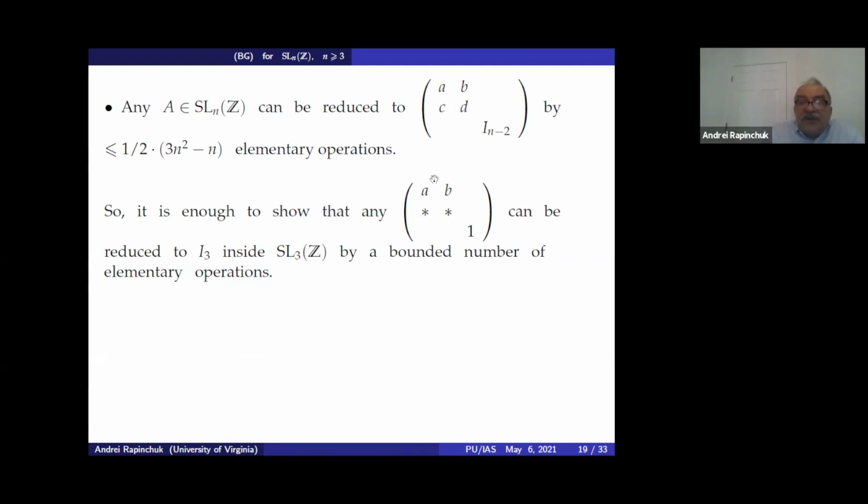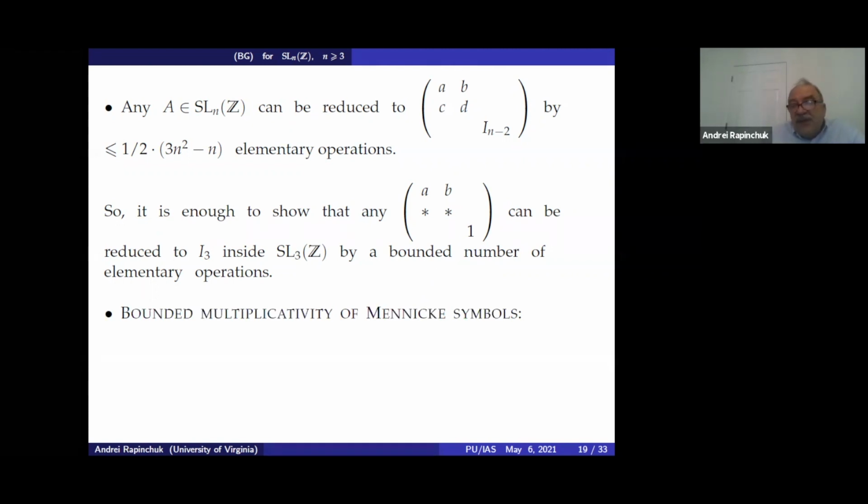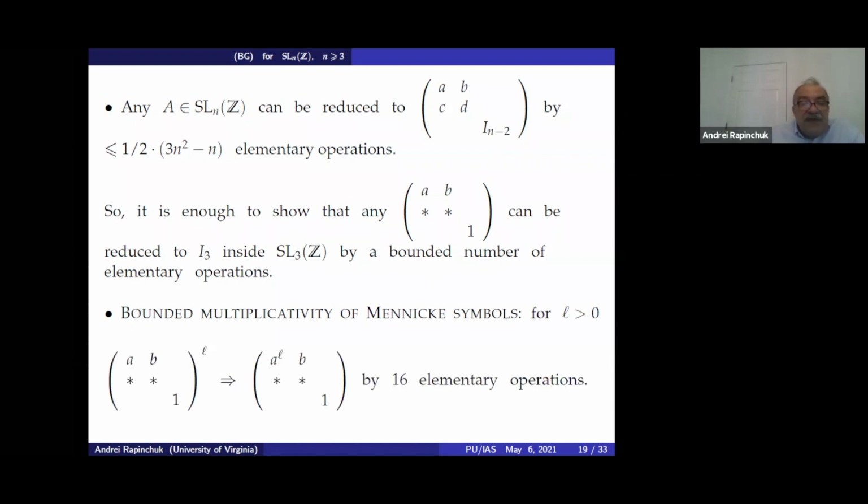If you're familiar with the congruence subgroup property and the work done by Bass, Milnor, Serre, and Mennicke, these matrices were used to define so-called Mennicke symbols. And the crucial property for writing the bounded presentation is the following, which we refer to as bounded multiplicativity of Mennicke symbols. So what happens is that if we have a matrix